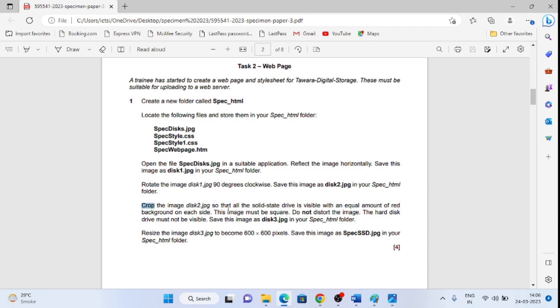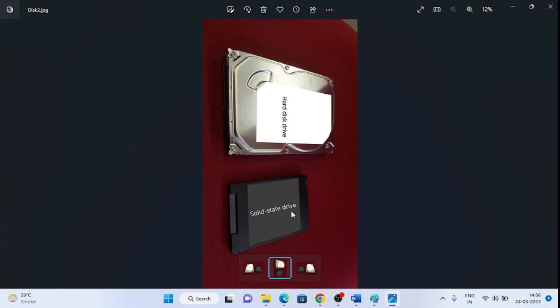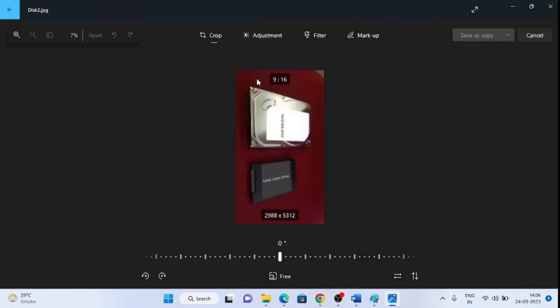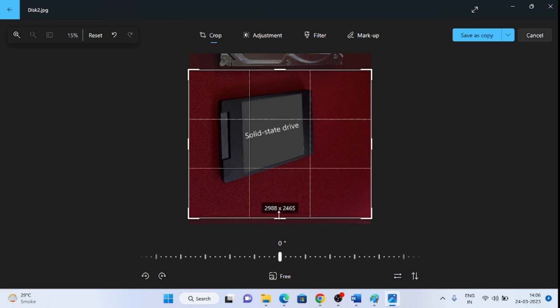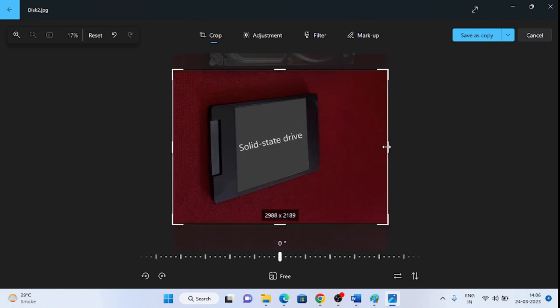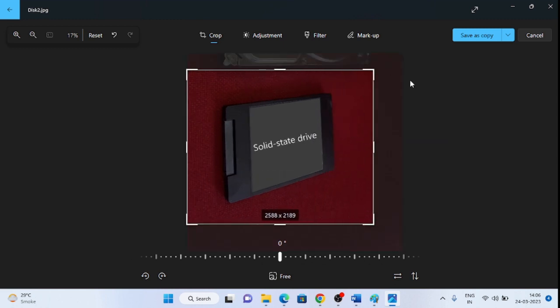So for that, edit image, crop image, and then you can start cropping this image. From both sides, an equal amount of red background should be visible and the image should be square.